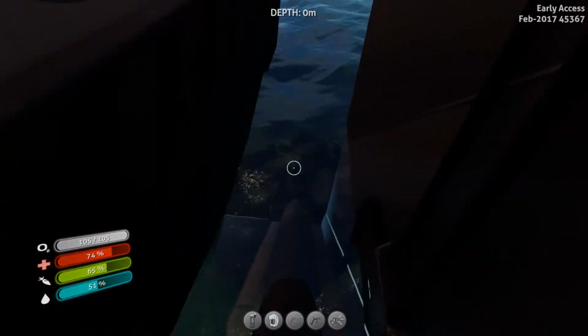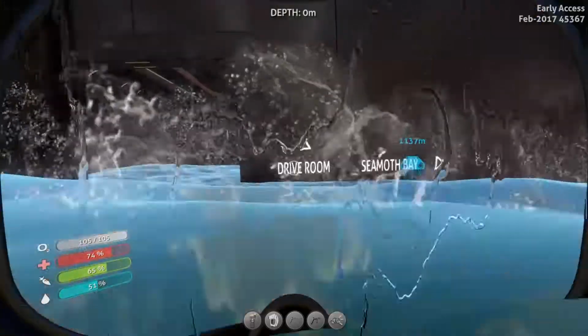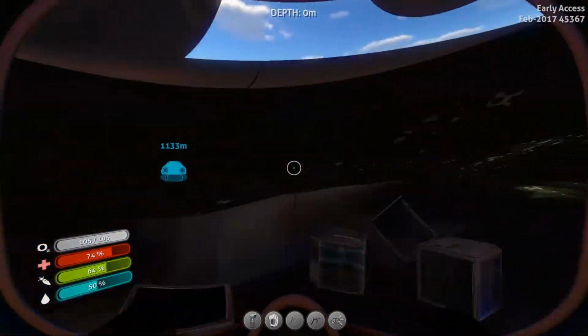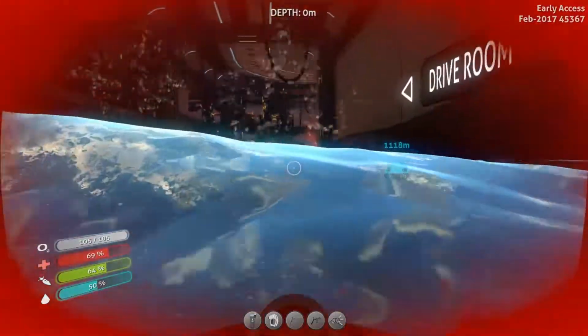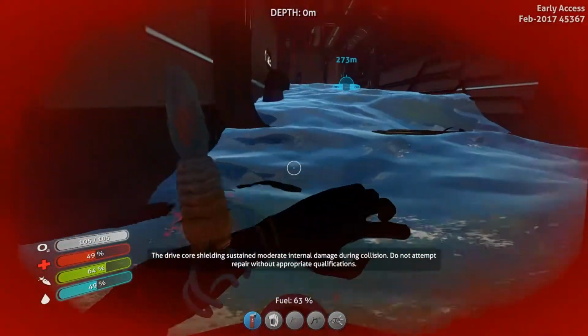But, yeah. Alright, now you're going to get to this 3-way junction here. On your left is going to be the prawn suit room. Forward is going to be the drive room where you can repair the generator. And on the right is the Seamoth Bay. Let's go ahead and repair the generator real quick. I'll skip through most of this, because this is just me using a welder. But make sure to go ahead and...